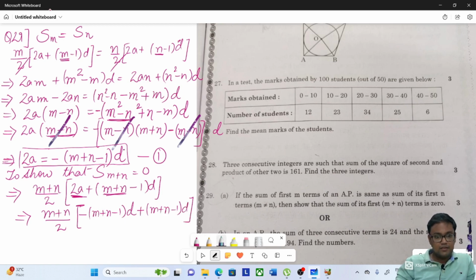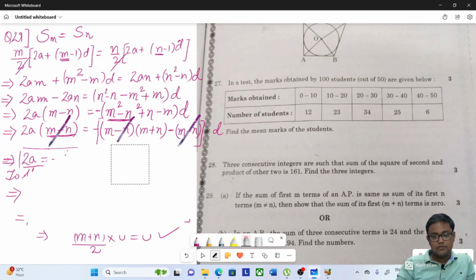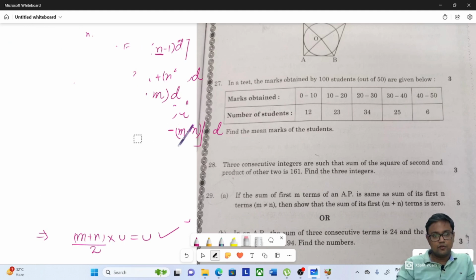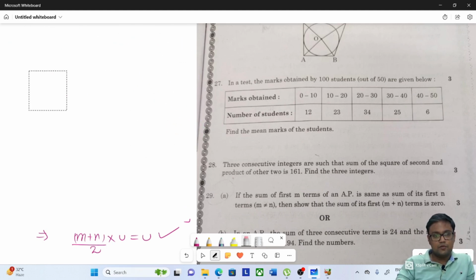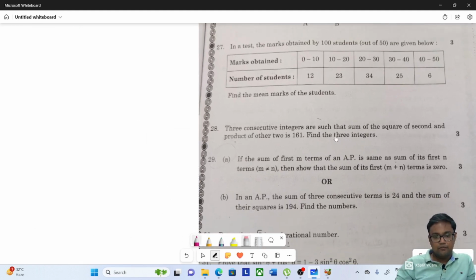Now you can see this entire term will cancel out this entire term, being equal and opposite, leaving you with m plus n by 2 into 0, that means 0. So we have shown it. So you can see, children, the paper is so far very simple, and all these questions are based on concepts. There is an option here. Let us check out this option, what is special about it, because we have done a similar question here in an AP